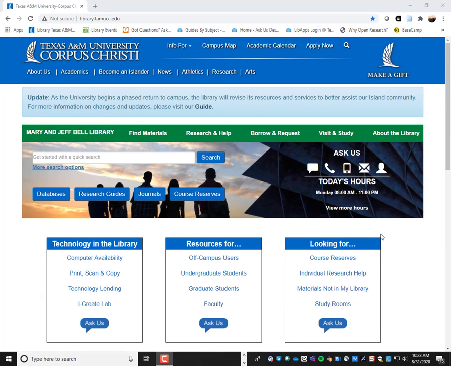As you can see, we have a lot of information. We have our quick search, which is kind of like searching Google, but instead of searching all of the internet, you are searching what we have access to in print and online in the library. We're also going to go over databases and research guides, but I'm also going to point your attention to the